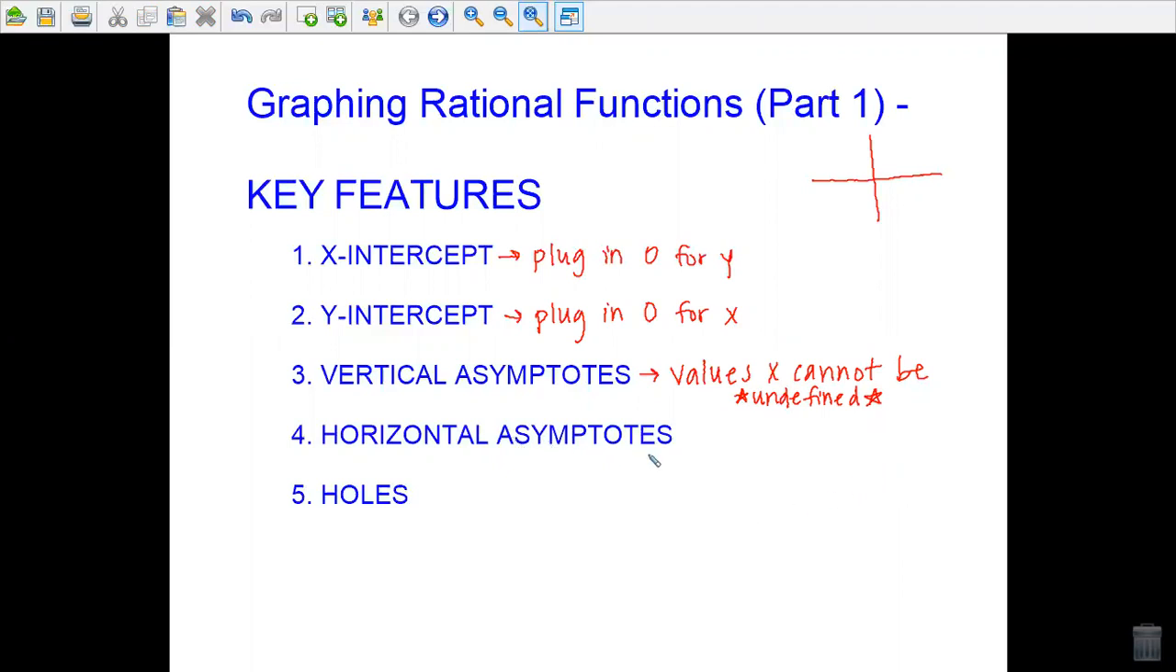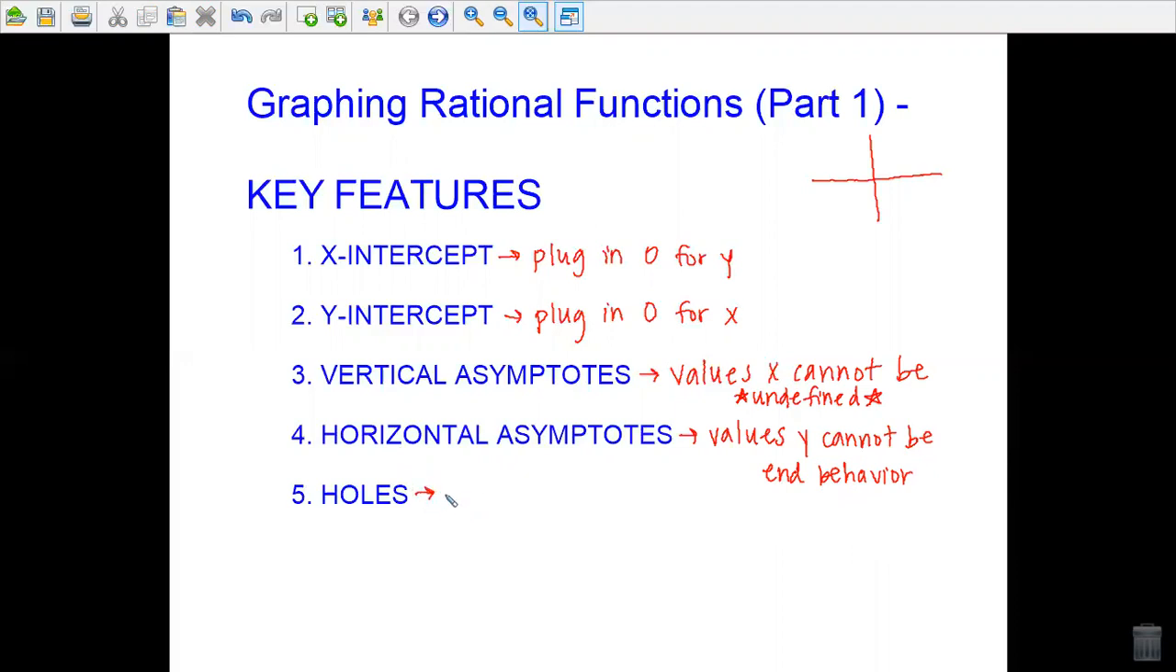Your horizontal asymptote is going to be values that y can't be, necessarily. It's not the best definition because technically it could still cross a horizontal asymptote. Really, your horizontal asymptote is looking at your end behavior. So it's looking to see what your graph is doing on either end. It's going to be approaching the horizontal asymptote if it has one. And then holes